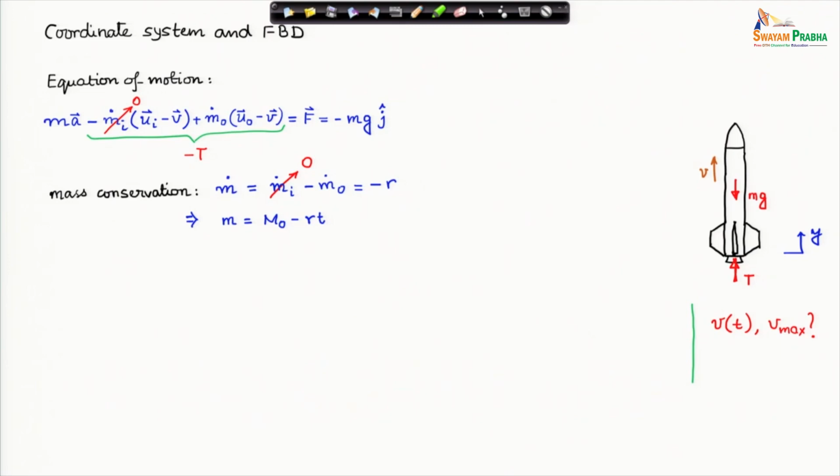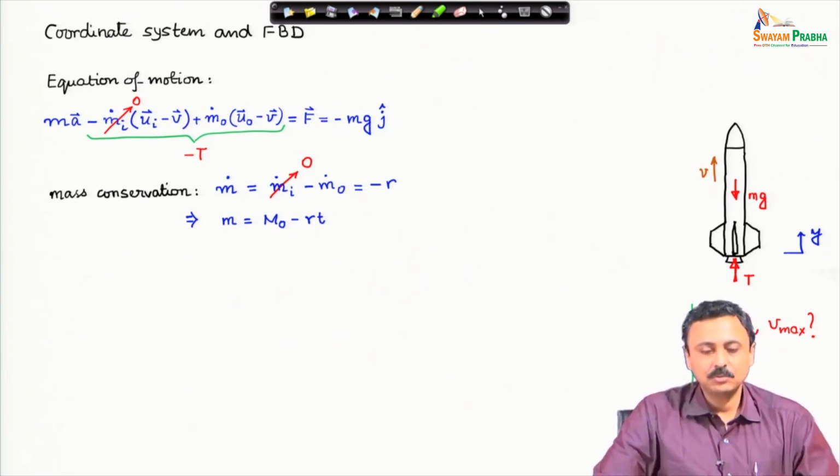Why do I need this? Because in our master equation, the mass times acceleration term survives. This is an accelerating system because it is a variable mass system; that m is a variable quantity, it changes with time. That small m is capital M naught, which is the initial mass of the rocket with the fuel, of course, minus R t, which is obtained from this integration. If you integrate the mass conservation relation, then you obtain the mass at any time t,